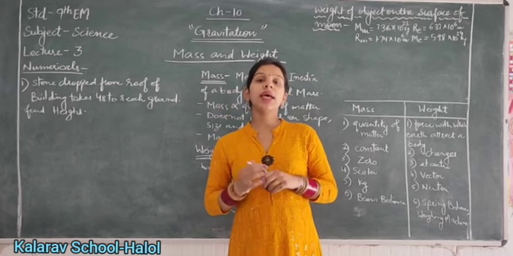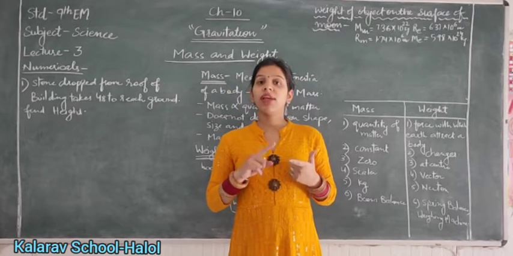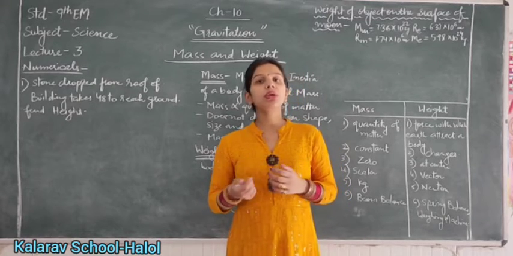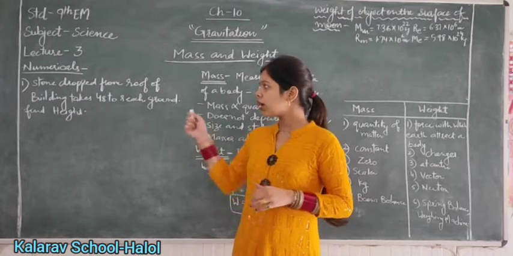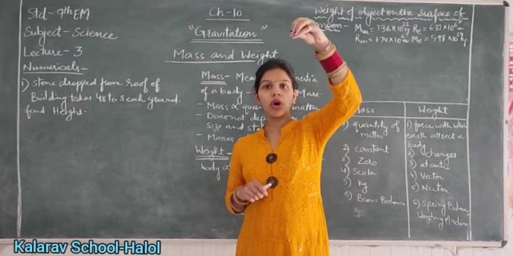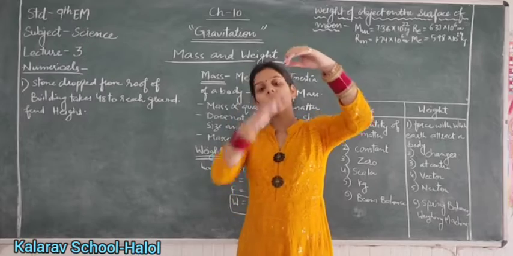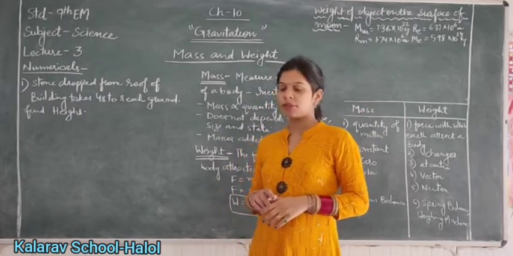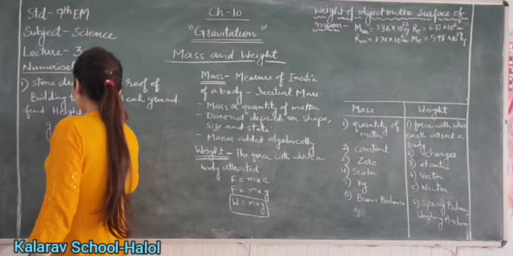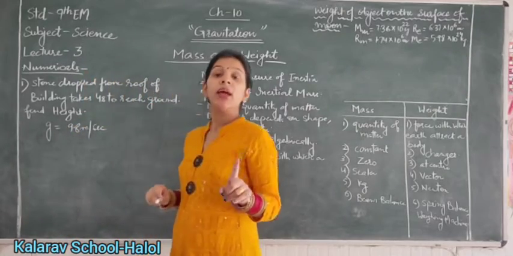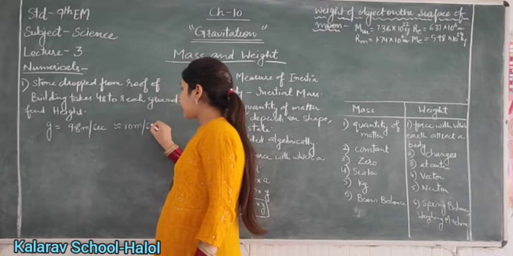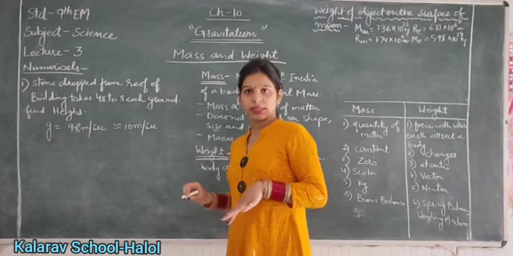So here are the three sign conventions, for the value of g, for the value of velocity, and for the value of distance. These are the points that can be used further in numericals also. So here is one numerical for you. A stone is dropped from the roof of a building. So it falls down, so we will not take g negative. The value of g is 9.8 meter per second square. One thing you should keep in mind: for convenience, we can also take the value of g as 10 meter per second square, for our convenience in numericals.